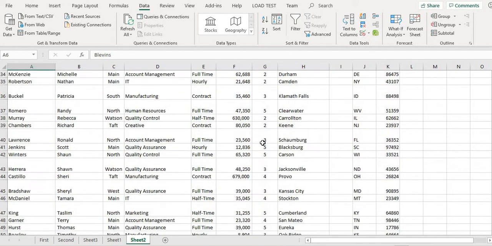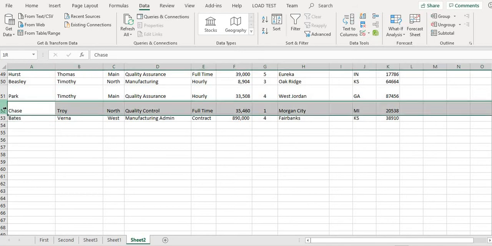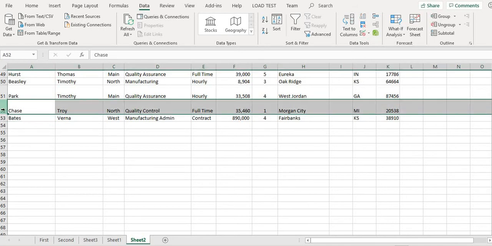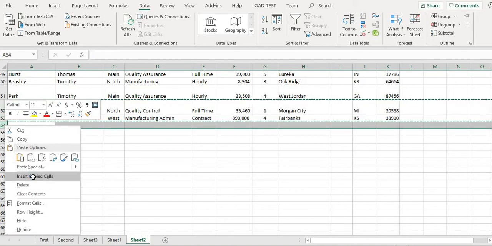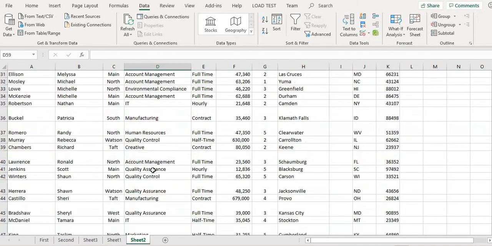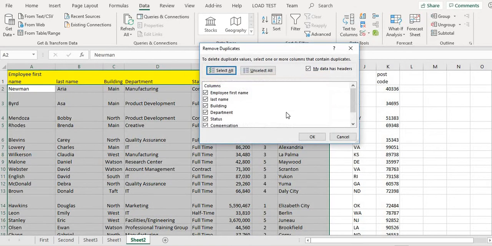So what I am doing is just copying two rows. Now there are duplicate rows. Now if you go and check My data has headers, you can uncheck this if your first row is not a header.